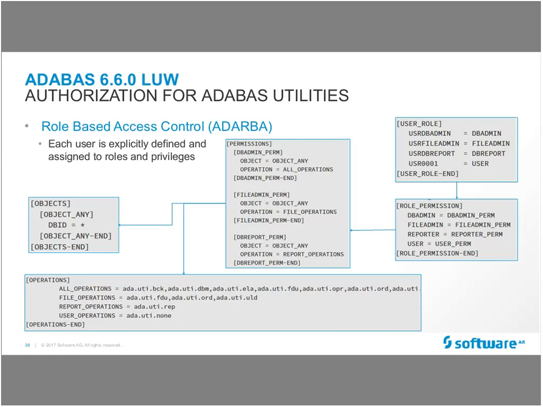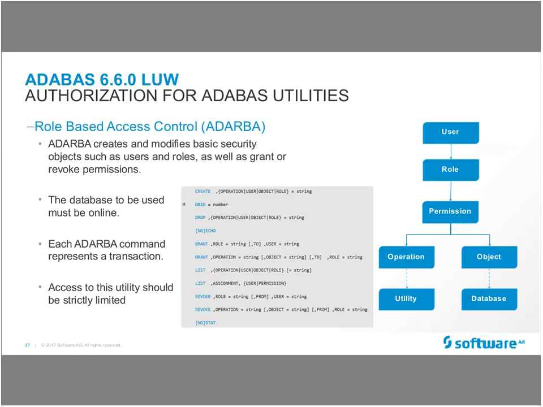And you see also here, all operation file. This is what we provide. You can change it and you can adjust it to your needs. And the object here is database. So this means with an asterisk, you can access all databases. Here you can limit, of course, the access to databases when you change the object name and you simply specify the database a certain user or a role should have access to.